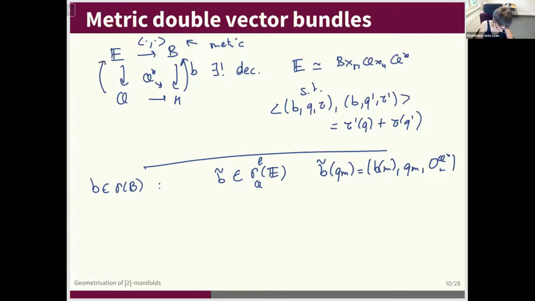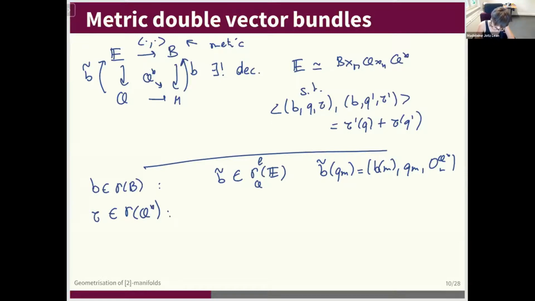So you get a map like this, and it's easy to see in a decomposition that such a linear section is a vector bundle morphism. When you turn your head, it's a vector bundle morphism from Q over M to E over B with base map B. And if you do a similar construction,